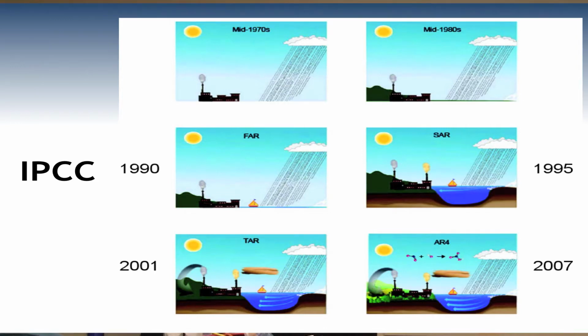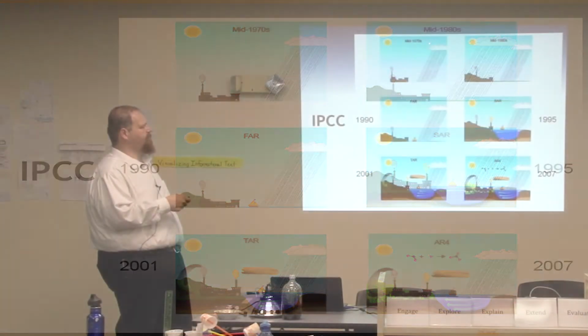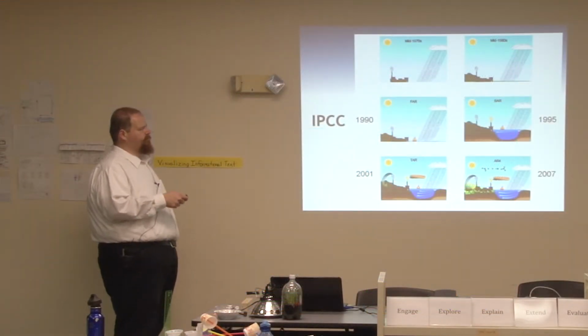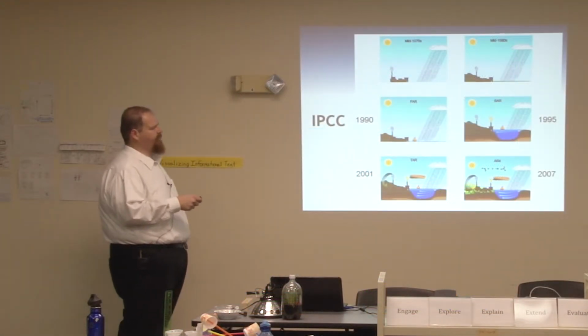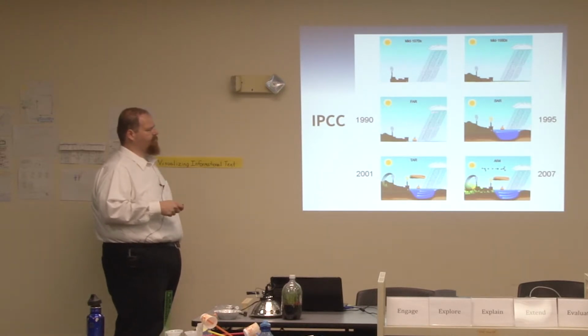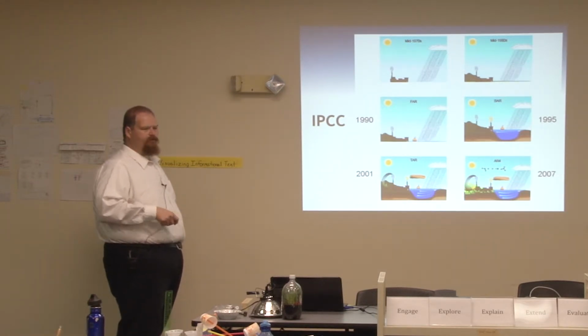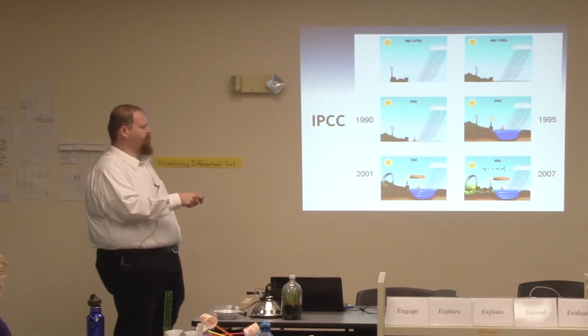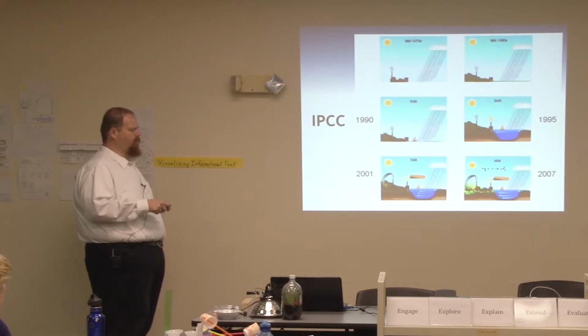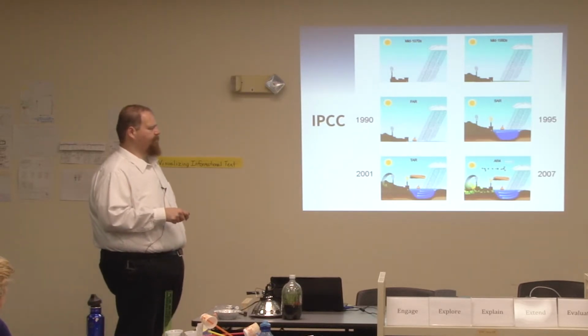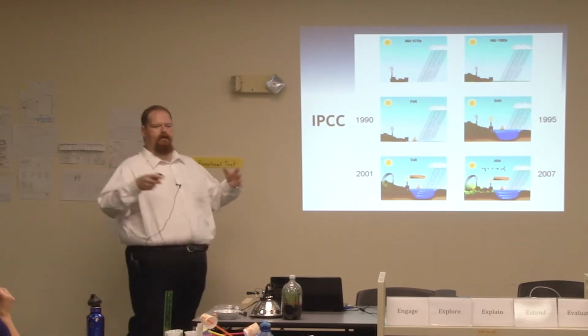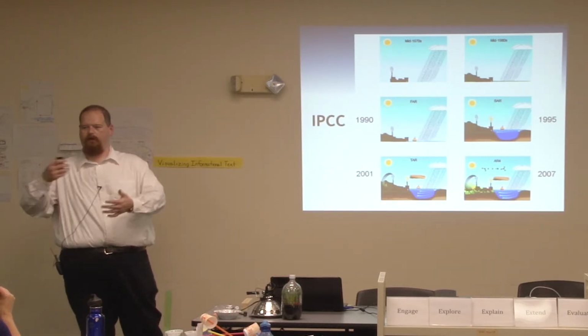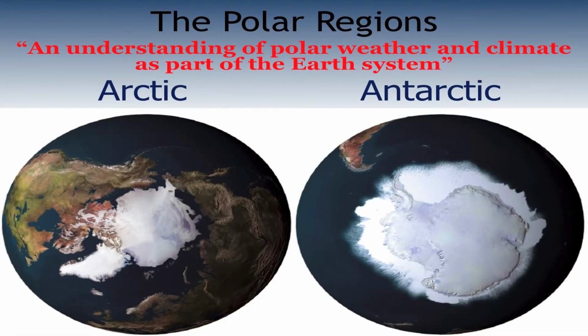This is a nice schematic just showing the amount of information that has gone into it since the mid-1970s. So we start out with just the atmosphere model, then we start adding things into it. We get bigger cities in the models. We get maybe a thin ocean that just has one layer. As we learn more about the ocean, we can get different levels of the ocean along with everything we had before. Then we start getting processes from factories and urban development, and also interactions with gas molecules in the air. And so you can see as we learn more, we can make better projections about the future climate.